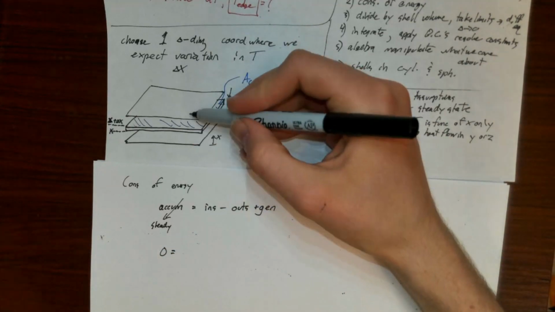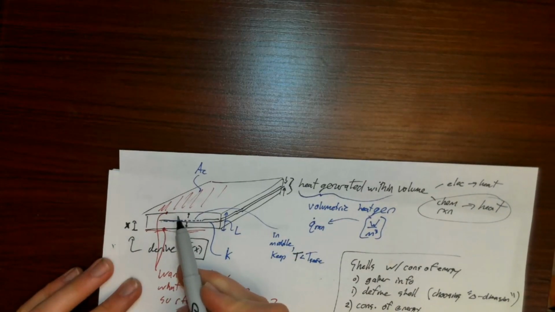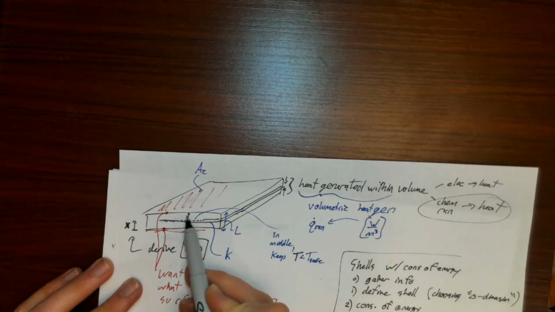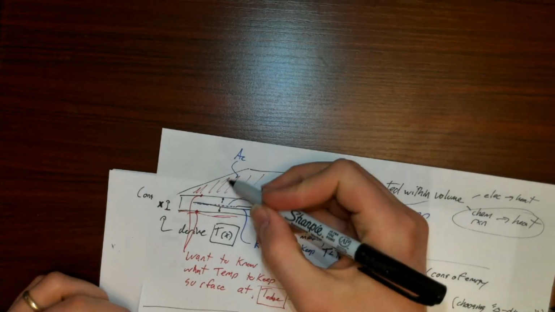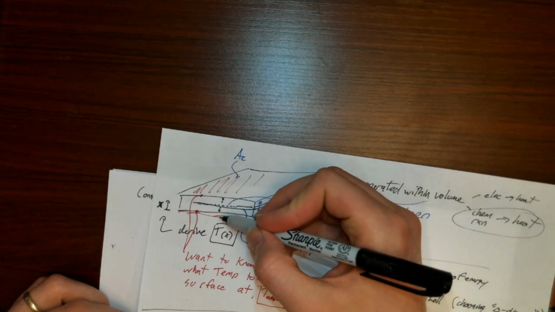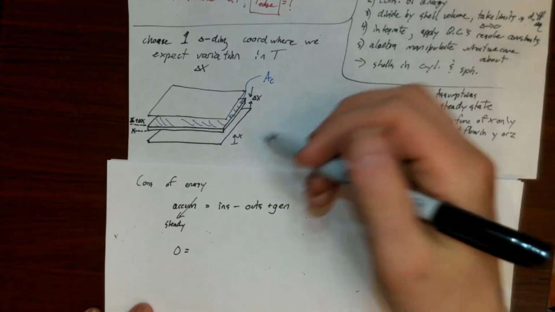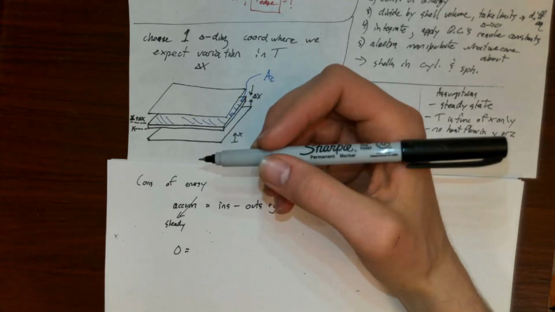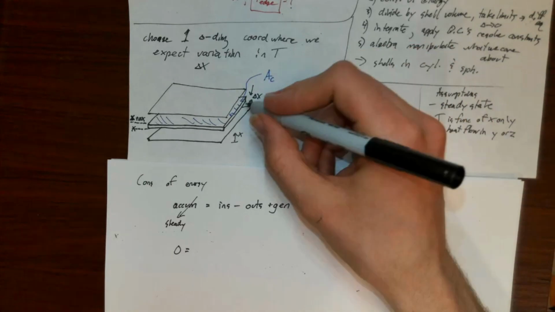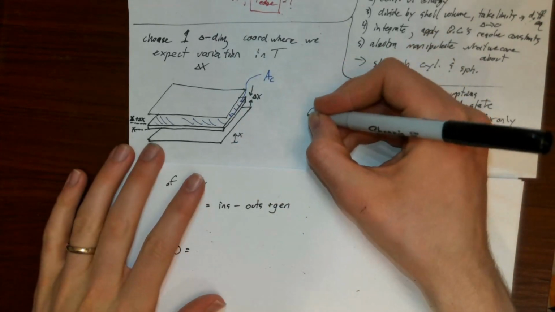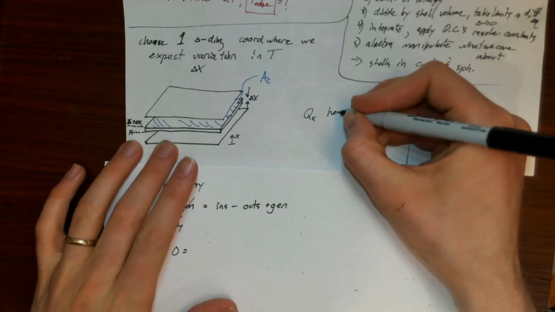If I think about what's going on with this shell, we said we have heat being generated within this volume, and that heat eventually gets conducted out of the side. Some of that heat leaves the top and some leaves the bottom via conduction. Heat is being conducted continuously throughout this material. If I want to formulate these conduction terms, I'm going to be talking about Qx, right? Heat flows